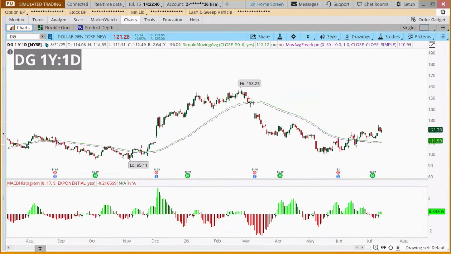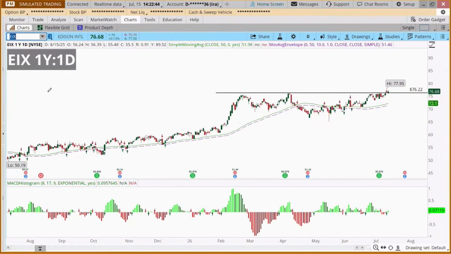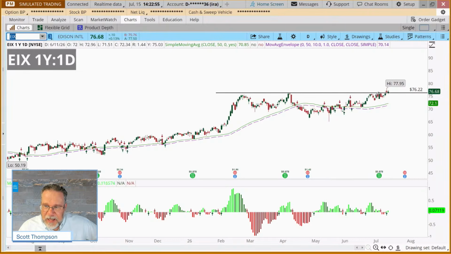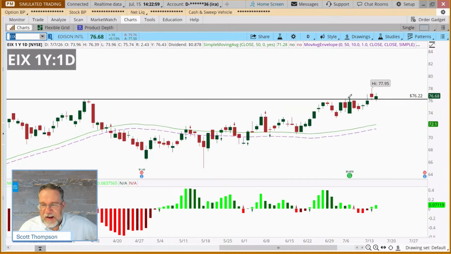All right, so let's take a look at EIX first. Let's go to the chart. I have a 1-year chart up here. You can see EIX was trading about $50 twelve months ago. Right now it's about 77, so it's had some pretty good upward momentum. The last couple of days, it looks like it may have broken out of the resistance line it had at about $76. The stock is above that rising moving average we talked about last week, and the MACD just gave a green arrow.